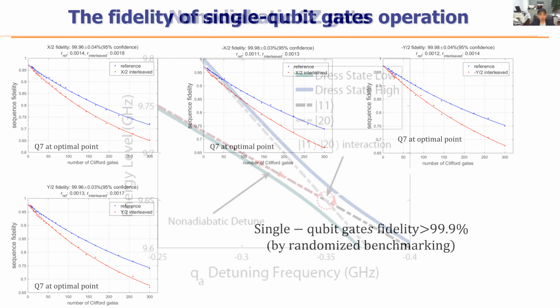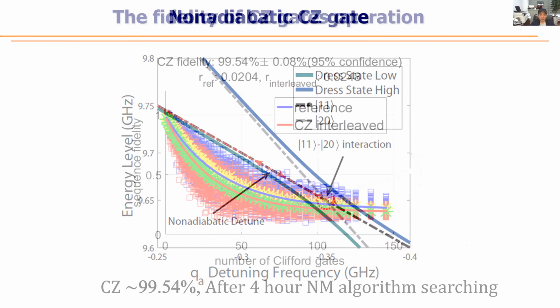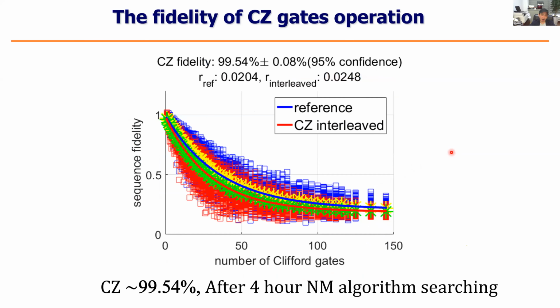At that time, we also used the so-called non-adiabatic CZ gate. In this type of gate, the gate duration becomes short, but it may introduce some other errors, so we use an optimized method. I think this is hard. We took a lot of time to really optimize such a system. Finally, we can have a very short duration gate with very high gate fidelity, like 99.5%.